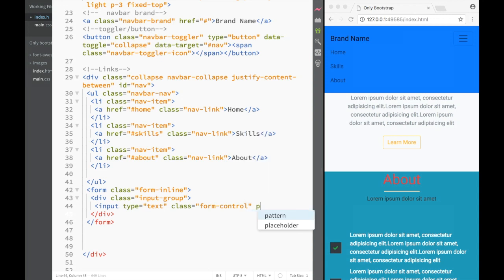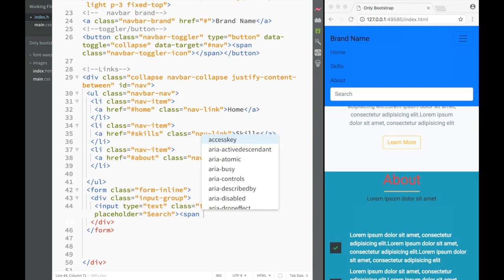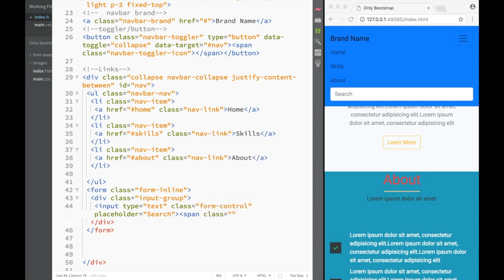And over here, we're going to say placeholder, and we're going to say search. And once we have that rolling, we would need to have a span where we're going to create this add-on. So here we're going to add a span, and we're going to say that this is going to have a class of input-group-addon